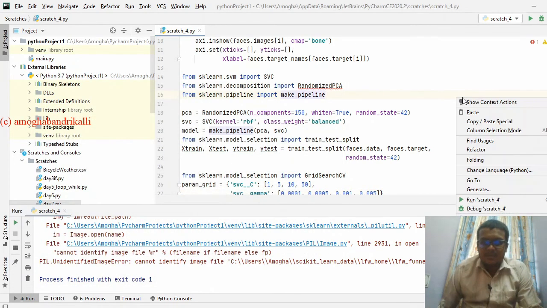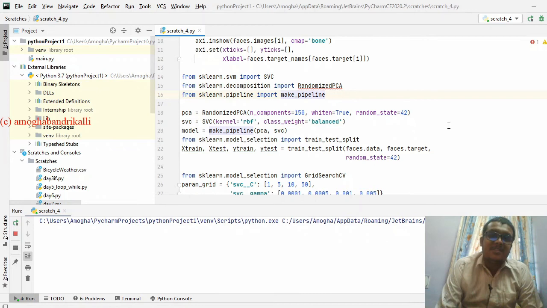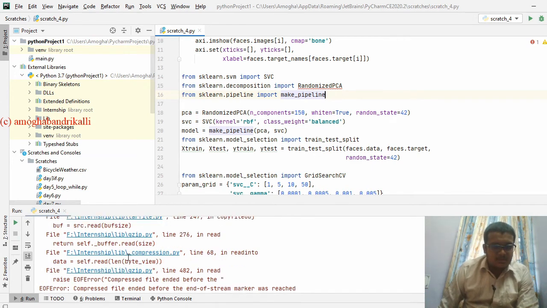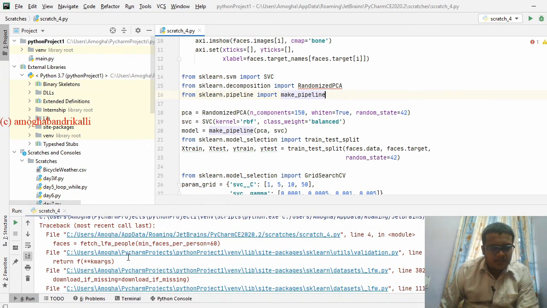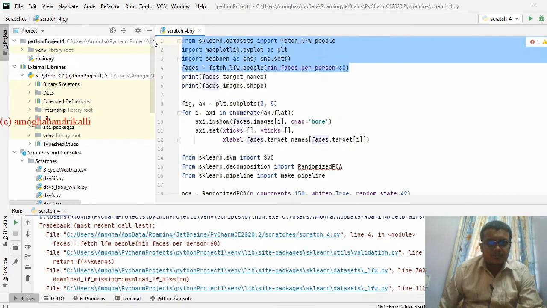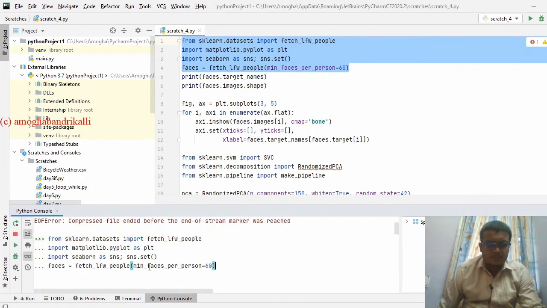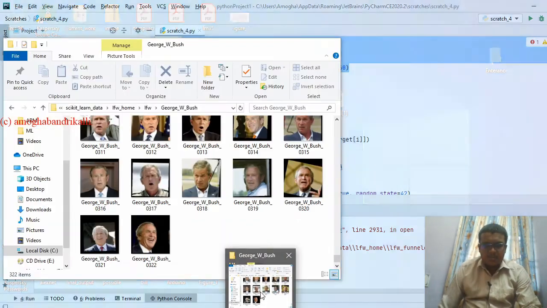Okay, then let me see if any error comes into the picture. That error will come whenever the image is having 0 bytes. Let me see whether other folders are having any other such images. Let's update it.